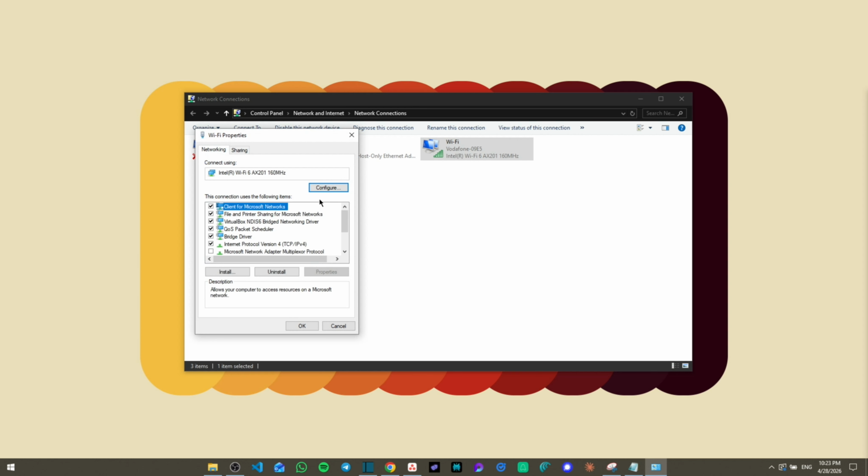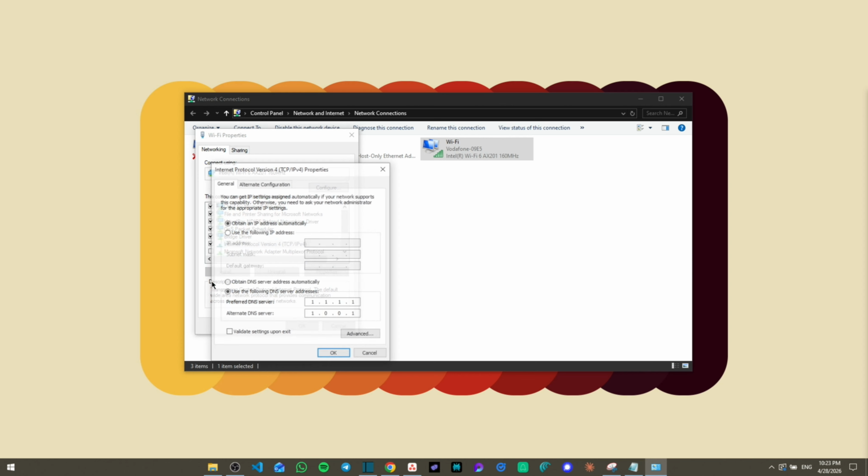Once you go to Properties, search for the one that says Internet Protocol Version 4 (IPv4) right here. From here, click on Properties again. Once you reach the properties, you can see it is usually set to obtain DNS server address automatically. But for you, click on Use the following DNS server addresses, and then you're going to enter